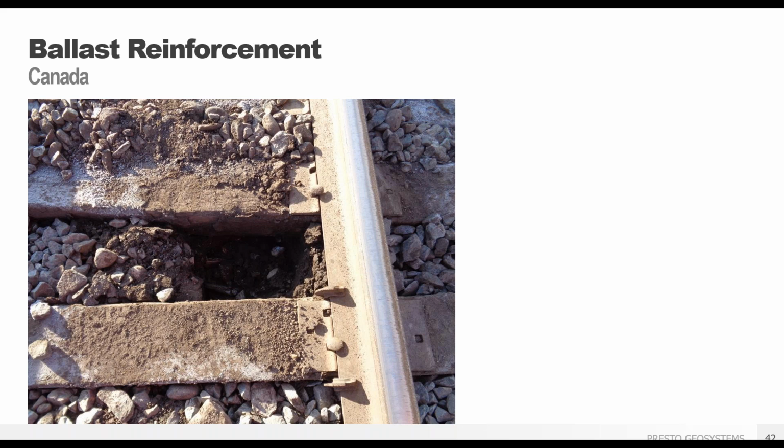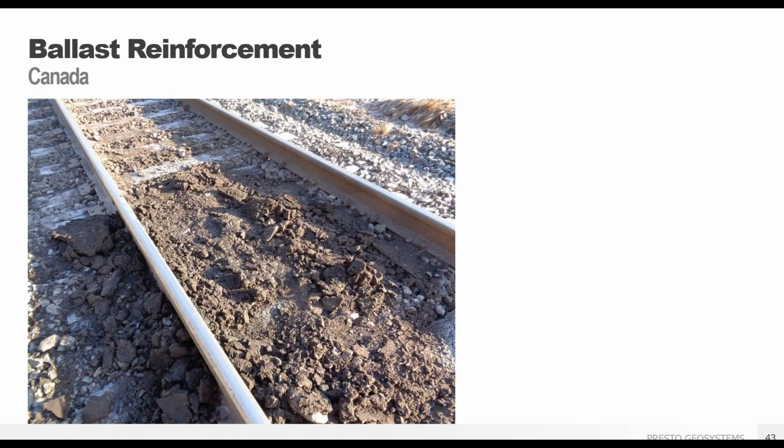But here's a project we did up in northern Canada. You can see the subgrade was really poor, with subgrade CBRs of 1 to less than 1. This line was a continuous maintenance area for the railroad. You can see significant pumping and settlement inside of that track area. This was about a mile-long section. They had a lot of issues with ballast contamination and pumping. Here you can see how contaminated that ballast is on the track.